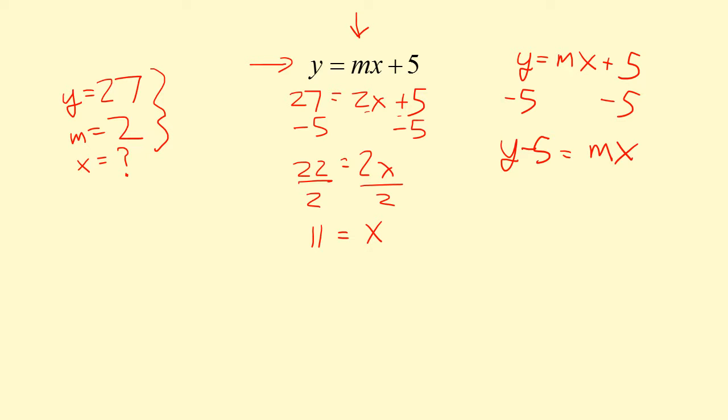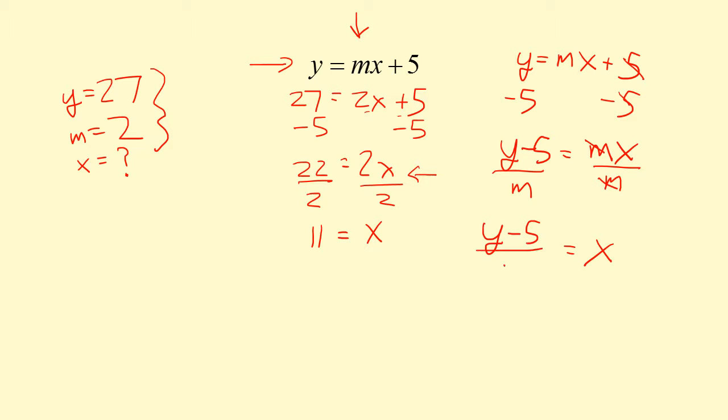So in this first example, I had a 27, so I could just subtract 5 from it and get a number. I don't have a number here, I just have a y, so I have to leave it like y minus 5. All right, so the next step I did on the left after subtracting the 5 is I divided by 2. And I divided by the 2 because that's the thing multiplying the x. So what's multiplying the x in my formula on the right? Well, m. So I'm going to do just like I did on the left and divide by m. And these m's cancel, just like the 5's canceled above here. And I end up with an x all by itself on the right,